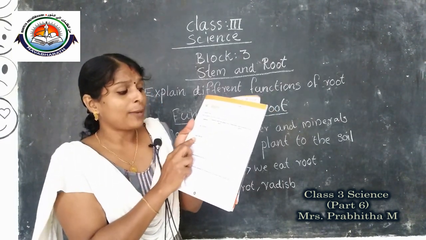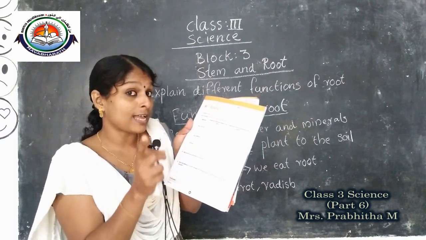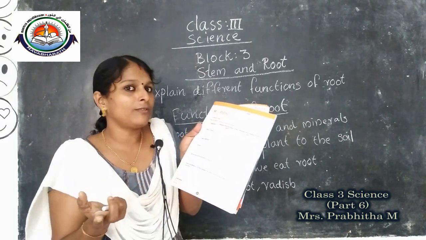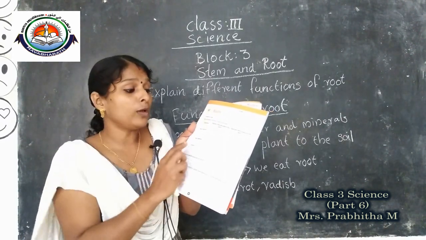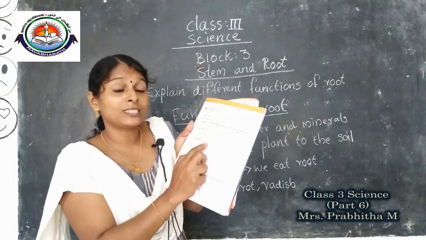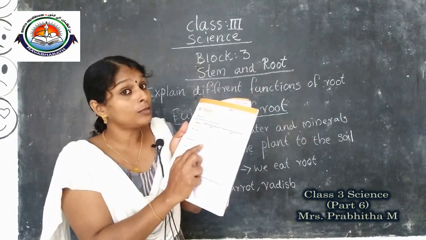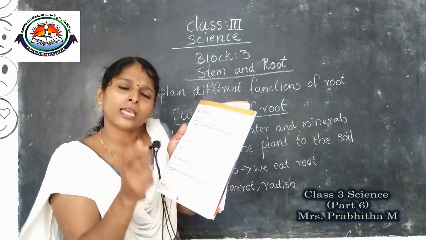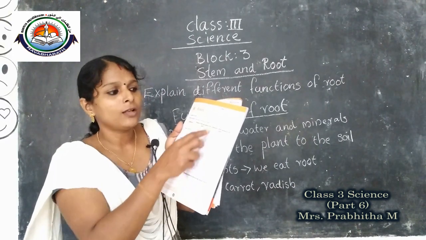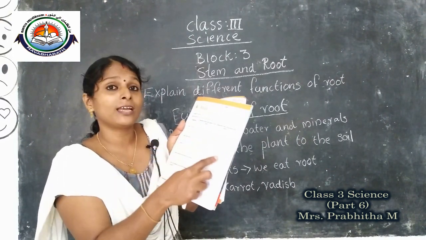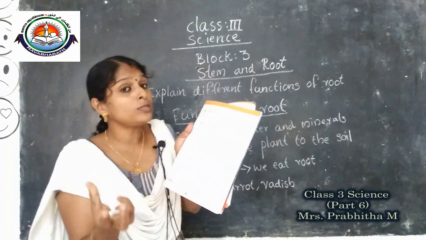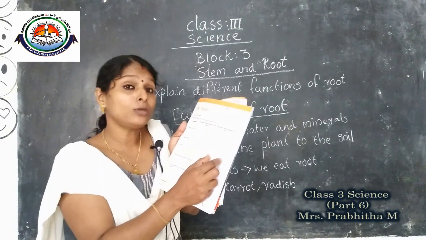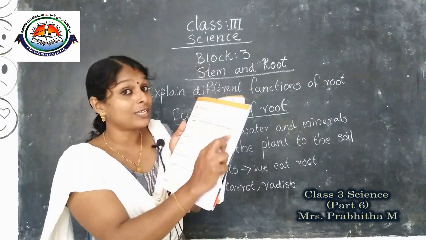Next, plant B, with roots. It has roots, so what happened? Nothing will happen to the plant, it will grow. So in the prediction column, what can we write? The plant looks fresh. Then in the observation column it will be the same. When we observe this plant, we can find that the plant looks fresh. So in these two columns we write: the plant looks fresh. I think everybody understood the table.